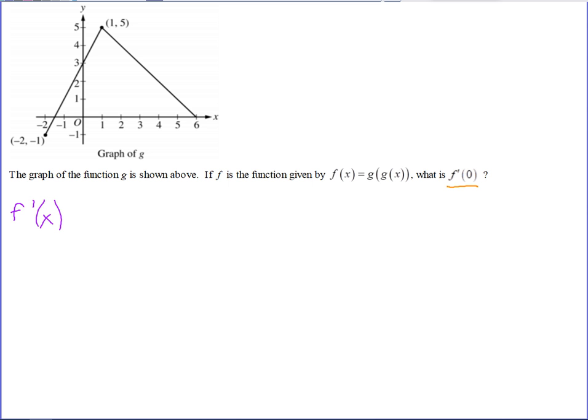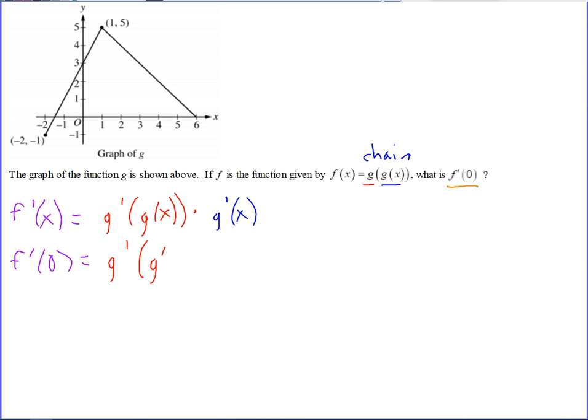F prime of x. Notice we've got g of x. So this is a chain rule one. Start on the outside with the one g in red there. So it'd be g prime, and the function inside g of x stays the same, times the derivative of the inside function of g of x, which would be g prime. And then we can substitute in 0. That's our objective, to find f prime of 0. So it'd be g prime of g of 0 times